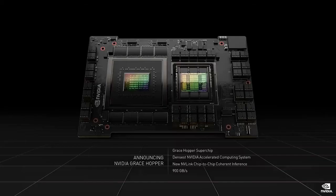Our first data center CPU. I am pleased to report that Grace is progressing fantastically and on track to ship next year. We designed Grace to process giant amounts of data. Grace will be the ideal CPU for AI factories, and this is Grace Hopper, a single Superchip module with direct